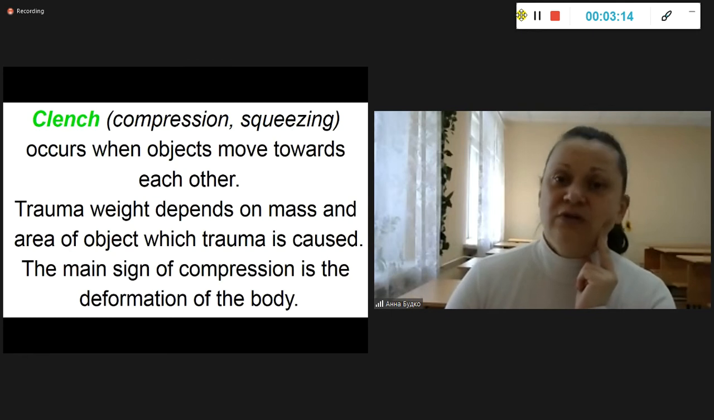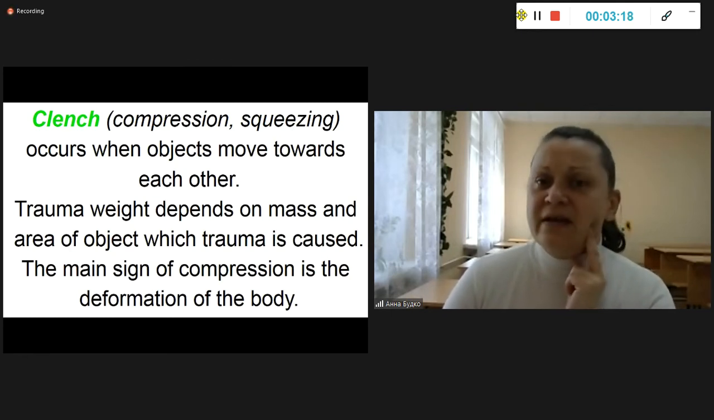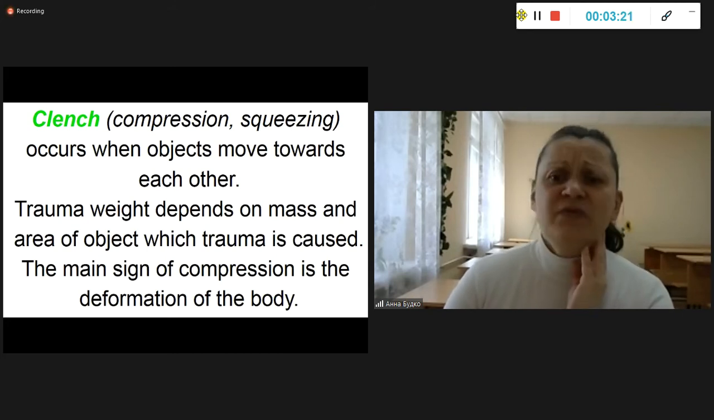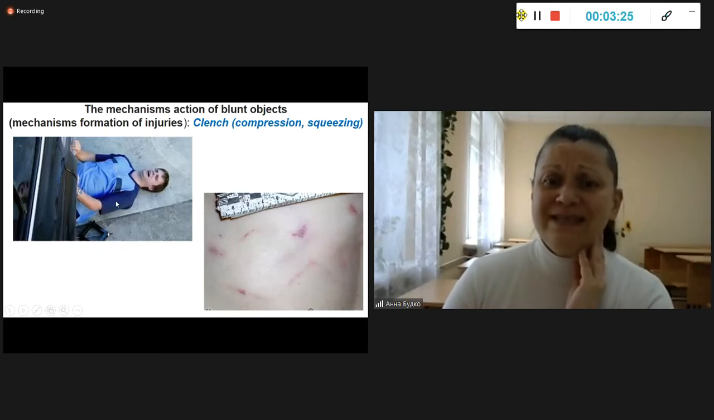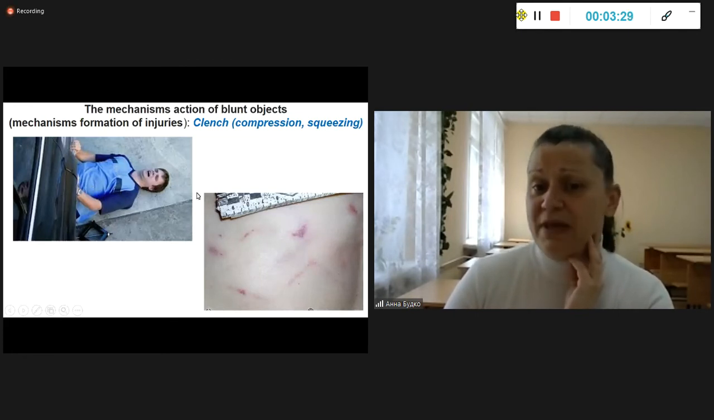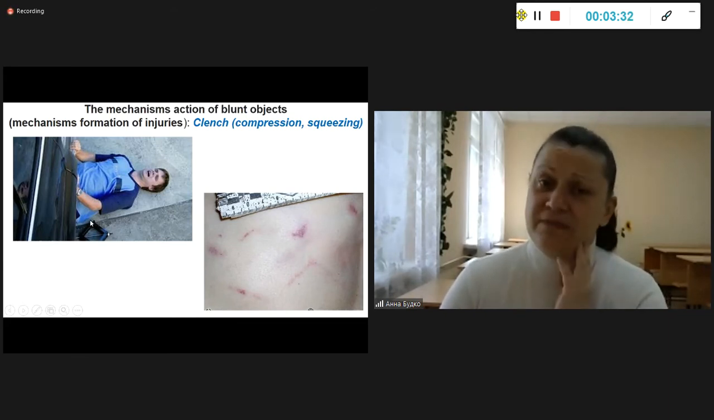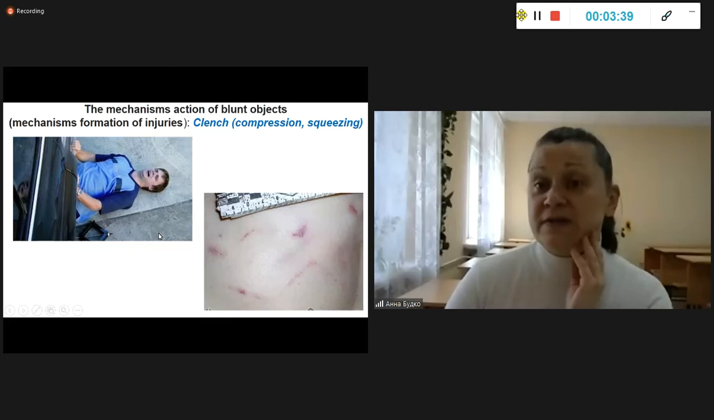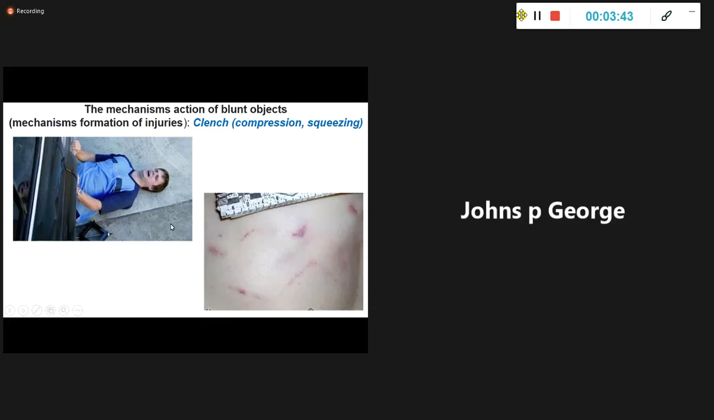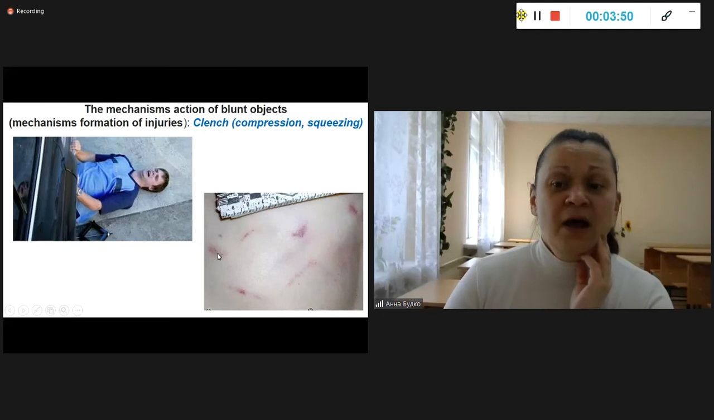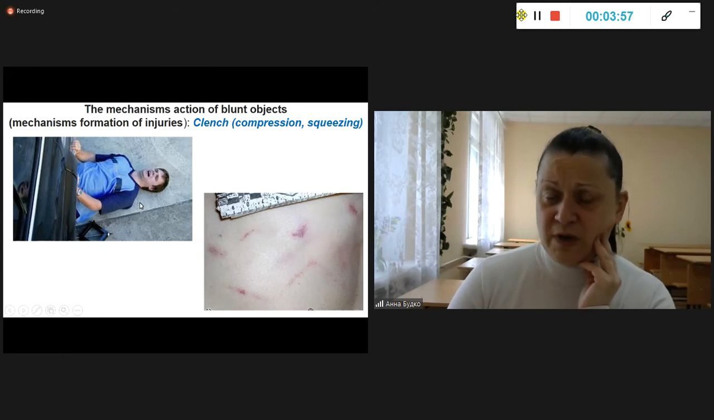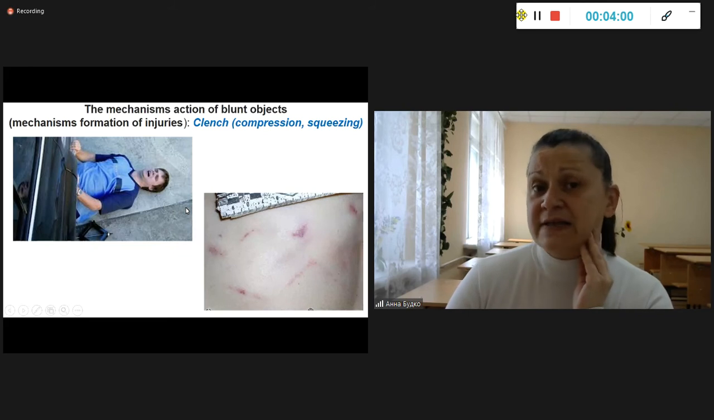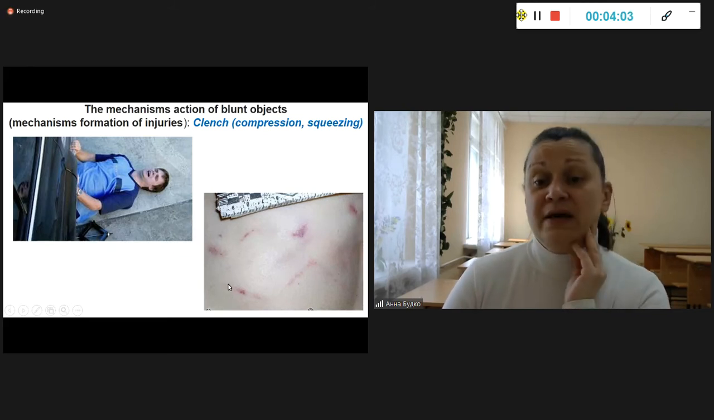Next type of traumatic mechanism: clench, or compression, or squeezing. The main sign of clench is deformation of the body. Look, you can see an example of squeezing or clenching a body between the ground, a blunt object with a flat prevailing surface, and the car, the wheel of a car. As a result, you can see an example of clenching the body with a flat prevailing surface. In this case the deformation of the body is formed with trauma of bone tissue,